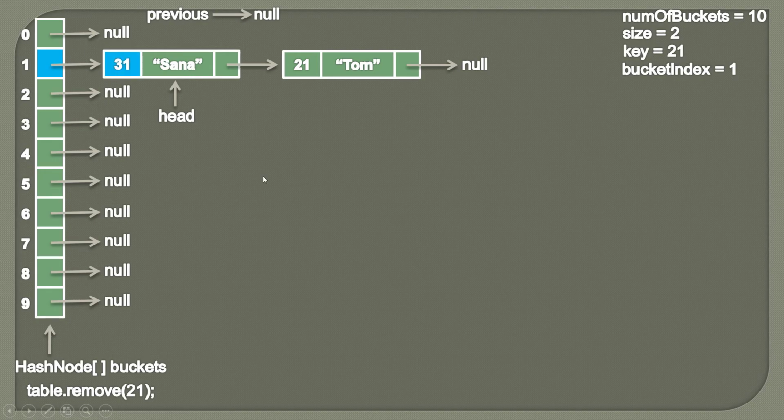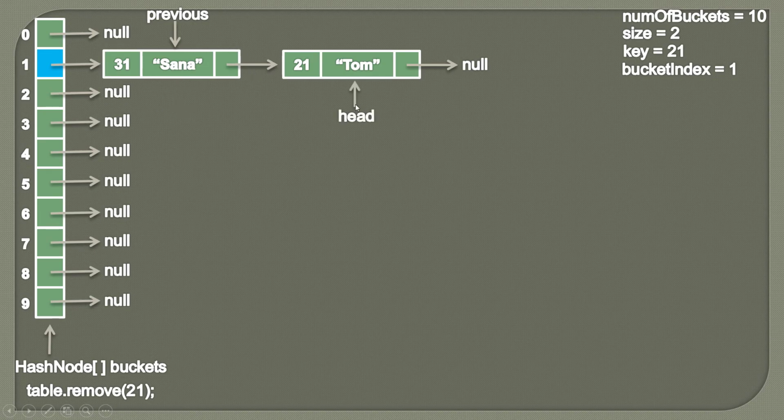So what we do is, before moving head to its next node, in order to search for the key, we first assign the value of head to previous, because we need to keep track of the previous node, so that in case we find the key, we can use its previous and break the link, so that the key which we have searched can be removed easily. So here, as head is pointing to this node, now previous will point to this node, and we will simply traverse head to its next node via this link.